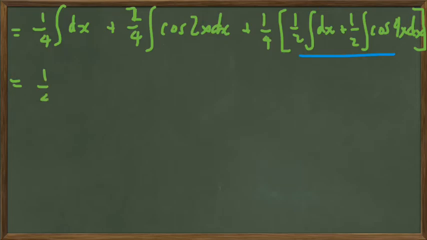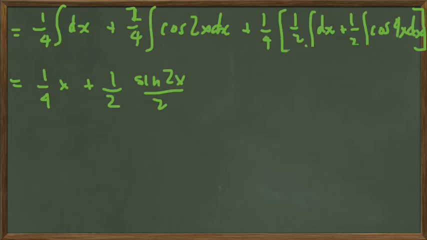So it's 1/4 x plus 2/4, which is 1/2. Integrate cosine 2x and get sine of 2x over 2. Integrate this distributed across, and we get